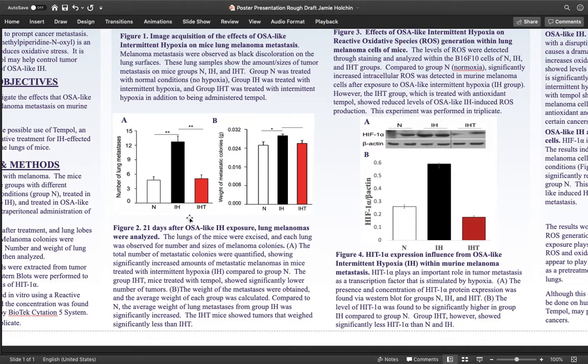And also, the IHT group shows a lowered level of number of colonies on the lungs, which indicates that Tempol does play a role in preventing metastasis in some way. Same thing could be said for Figure 2b. And this is the weight of the colonies, and we can see an increased weight of colonies in the IH group, indicating metastasis did occur, and then a lowered amount in the IHT group, indicating that Tempol did somehow prevent